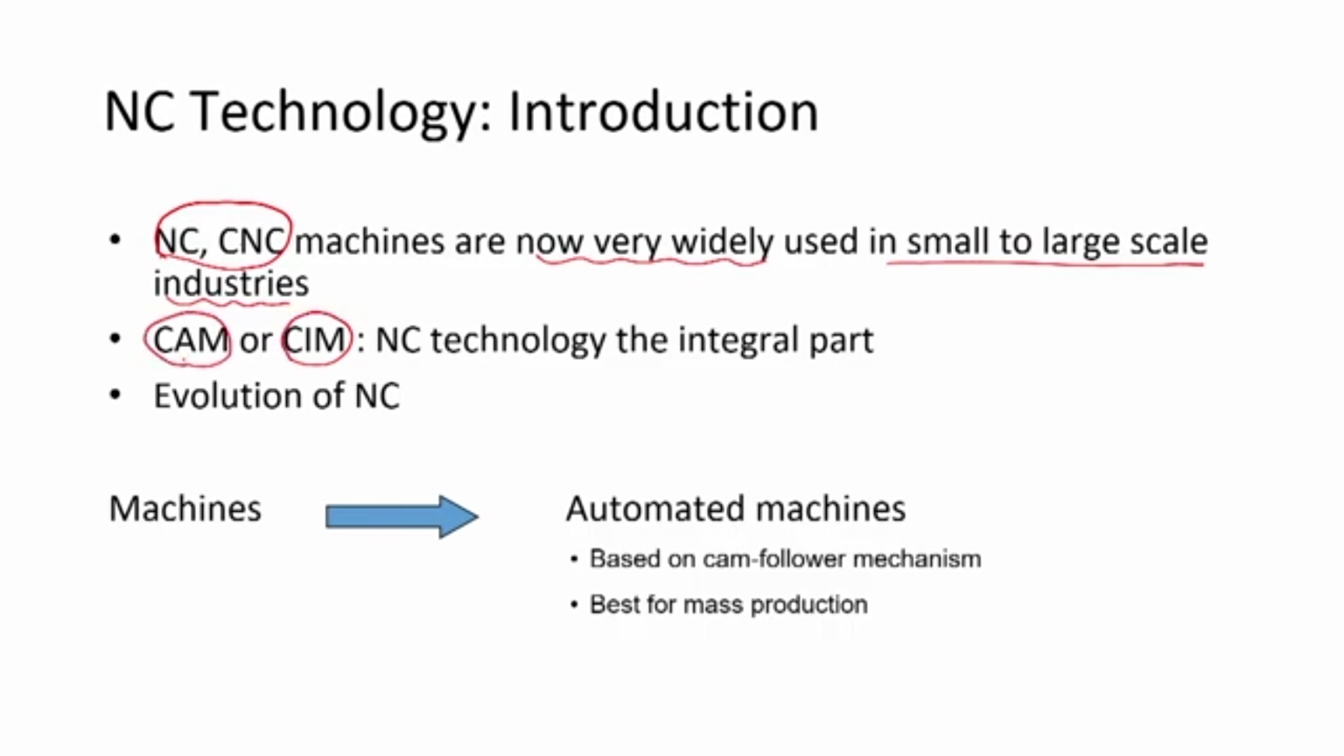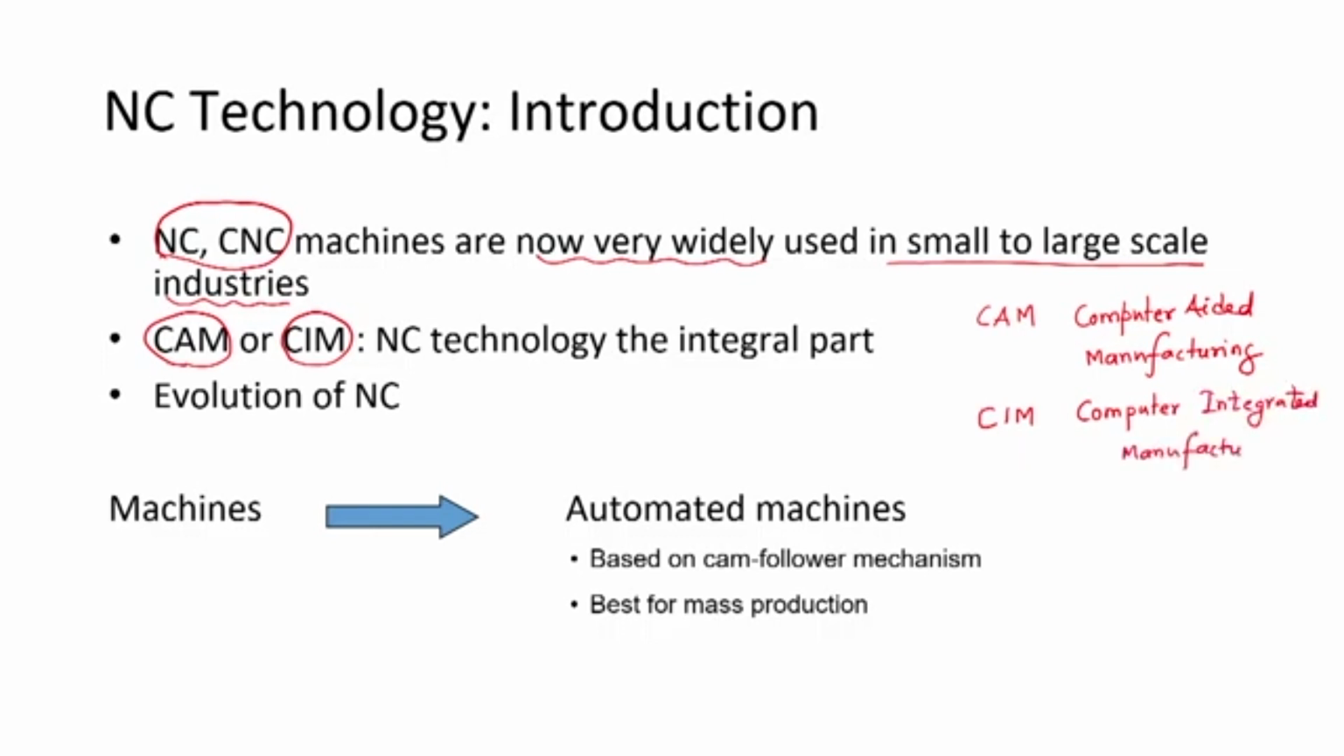So, CIM is a philosophy and it is a broader term. It involves the manufacturing operations as well as the business operations, or we will consider the management related operations. However, CAM is more focused on the technology,